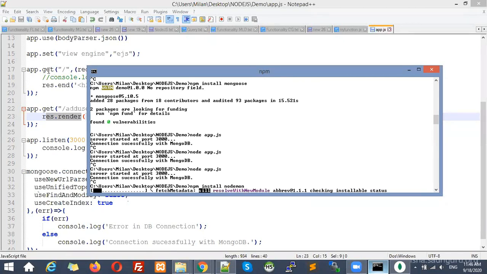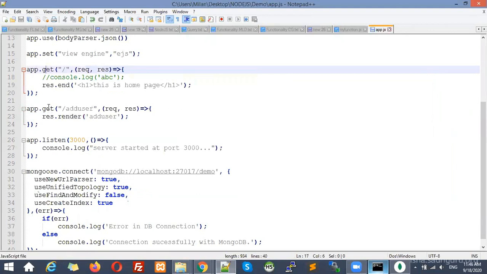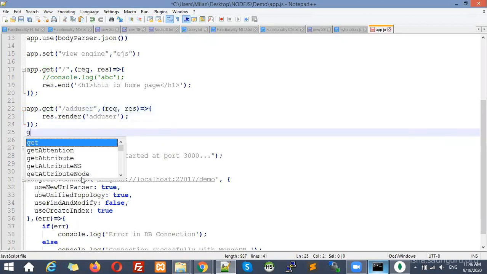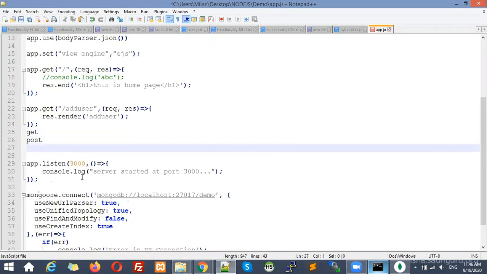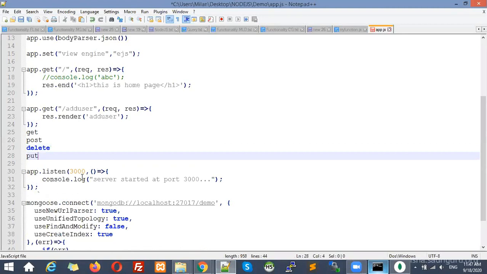Yes, and let me tell you what changes we have done. Earlier we used just the use method. Instead, over here we have used a get method. You can see there are different types of methods. You can make a request through the different methods. For example, you can use the get request, you can use the post request. These two requests you already know, because in home you already used them. Other than that, there are a few other requests like delete request, like put request. These are the different types of requests that you can send through this app object, through this express.